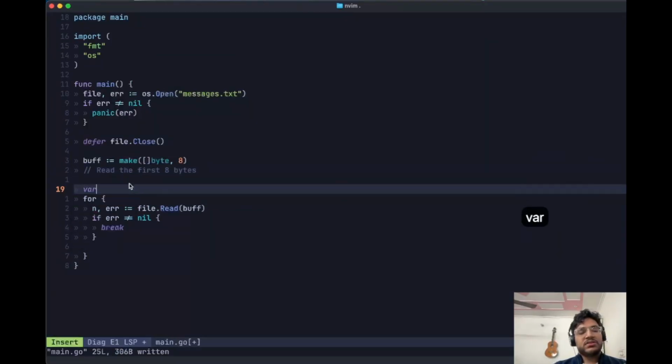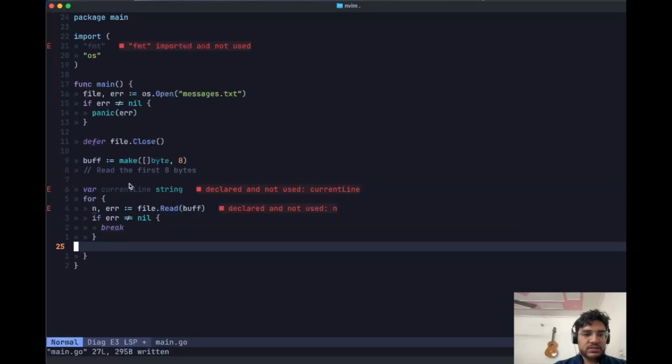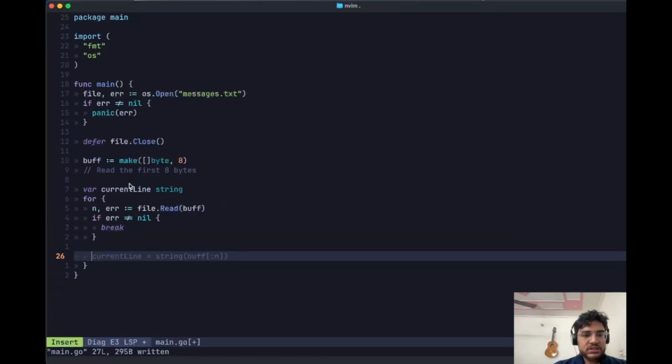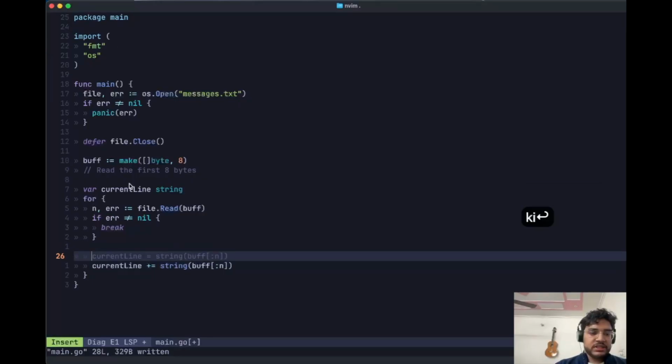So var current line string. I'm okay with this one, the auto completion, and I need to save this. I'm going to keep adding the read bytes into the current line. I think this will work fine. Int line equal to string of buff, and the problem is